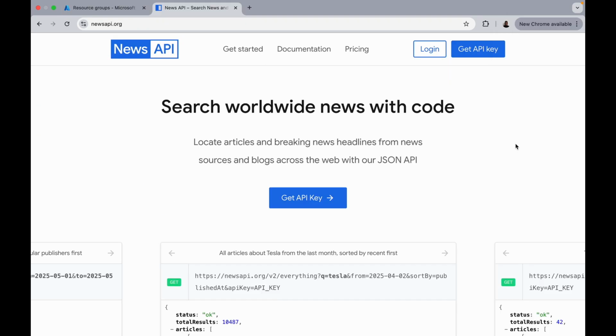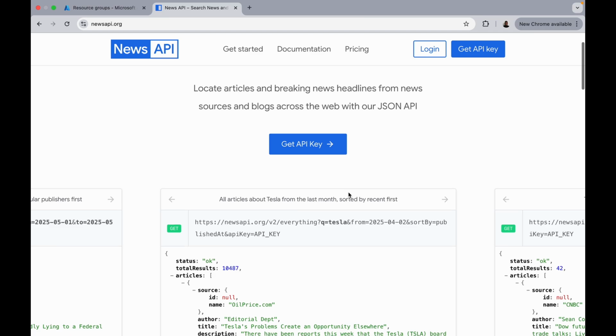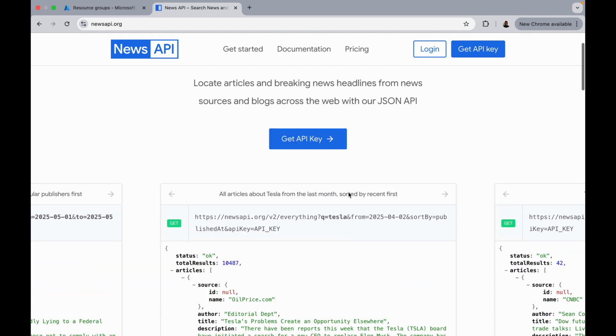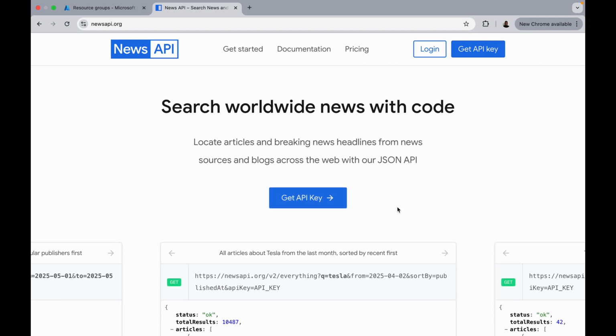And if you've not, you should come to this website, newsapi.org. This is where I came to. I created an account, and when I created the account, I got an API key I could use to get my news. And you could do this. I've done this already. I don't want to do it again, and just do it, and you're going to get the API key that we're going to use inside our code to continue with that. So I'm just going to give you a moment to do this,